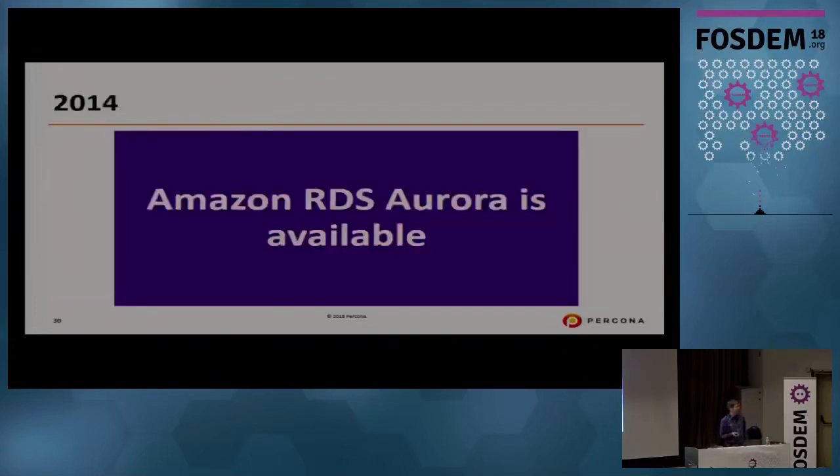In 2014, we have the first release of Amazon RDS Aurora. And why is that, I think, interesting? Because Amazon Aurora is a new kind of software which happens with cloud systems, which is based on open source, but not open source itself, right? And which really promises some additional features, additional scalability, and so on and so forth, but at the risk of very serious lock-in, similar to what pretty much comes with proprietary software.